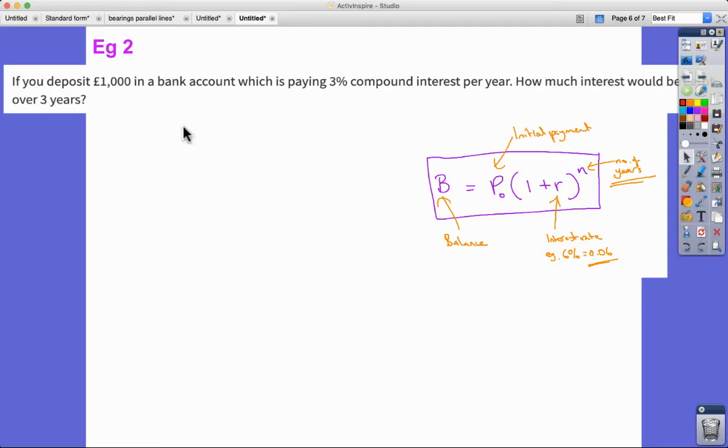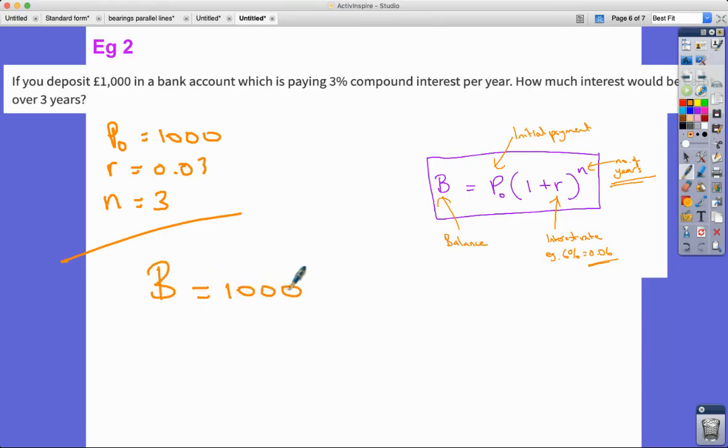My first value, my initial payment in this question, if you deposit £1,000, so it's £1,000 going in, which is paying 3% compound interest. So my R is 0.03, and how much interest would be in the account would be earned over 3 years, so N is 3. So I'm just going to put these values in. The balance would be 1,000 times 1 plus 0.03 to the power of 3, and the answer there would be